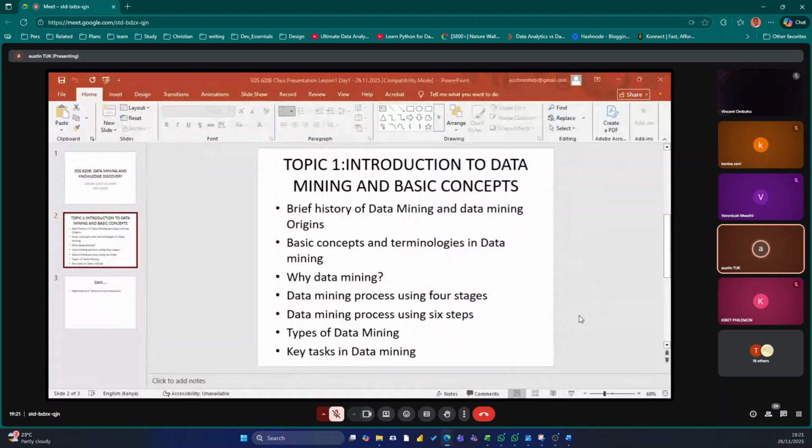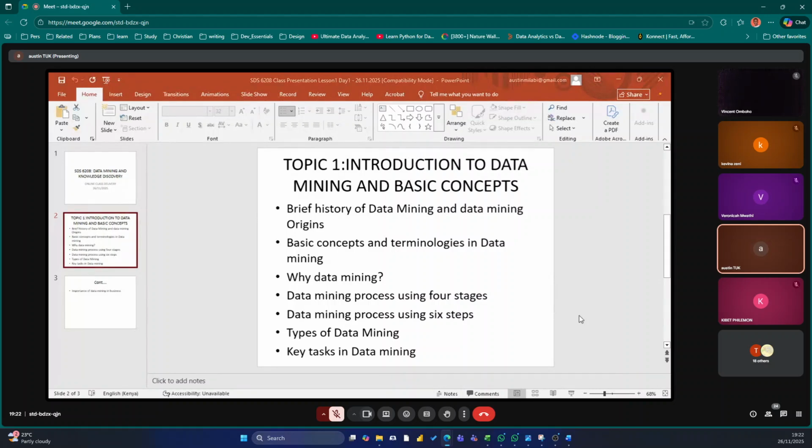Another terminology we may not ignore when we talk about data warehouse: enterprise data warehouse, operational data store, data mart. Then you can ask, what are these?